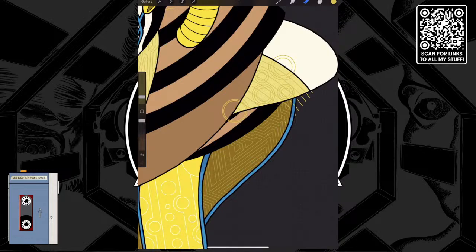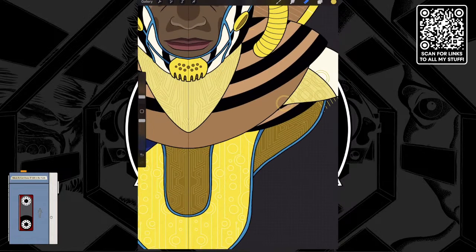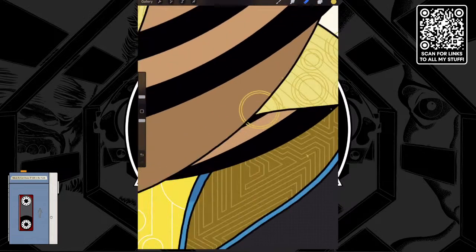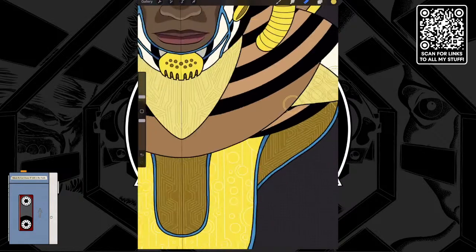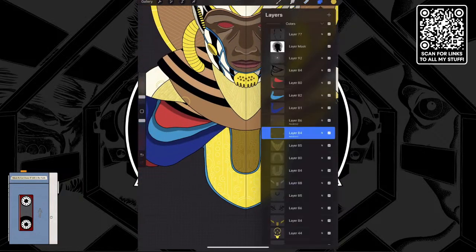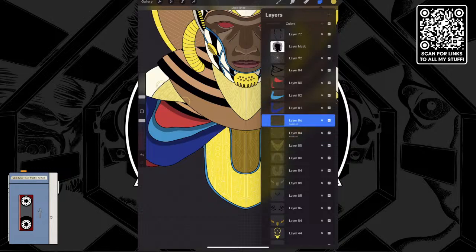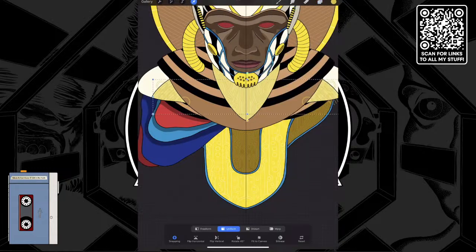Whoa. Why are these off? Why are these not centered? I don't understand why these things are not centered. They really should be. These lines, hold on, where are those lines? Are these lines centered or not? Oh, no, those lines are not centered. That's why that looks off to me. Come on, buddy. Line up. Get there. Are we centered or not? I think we are now.